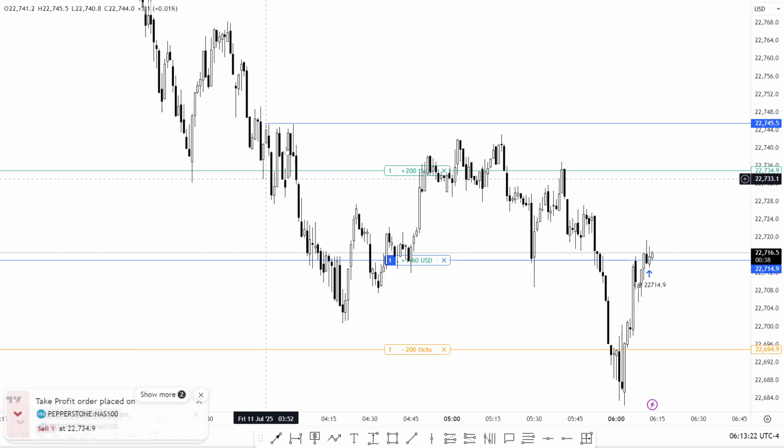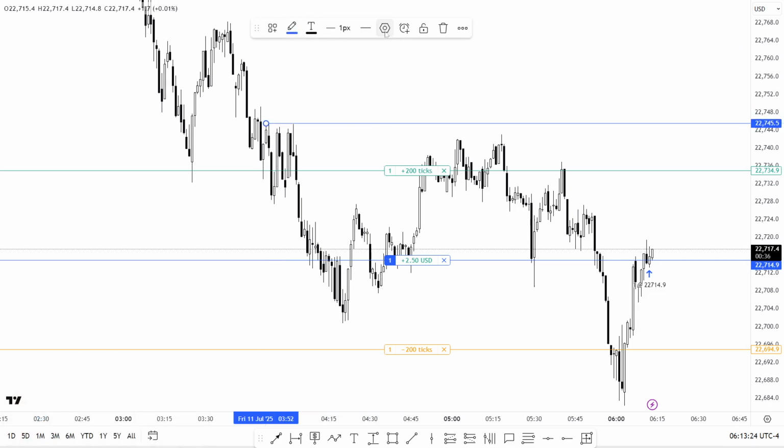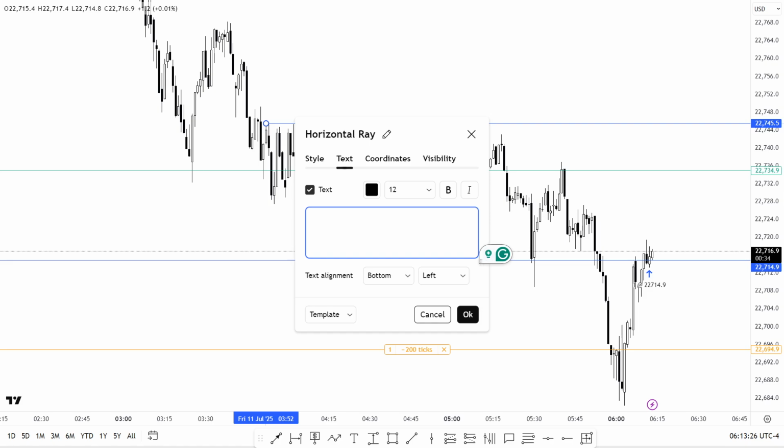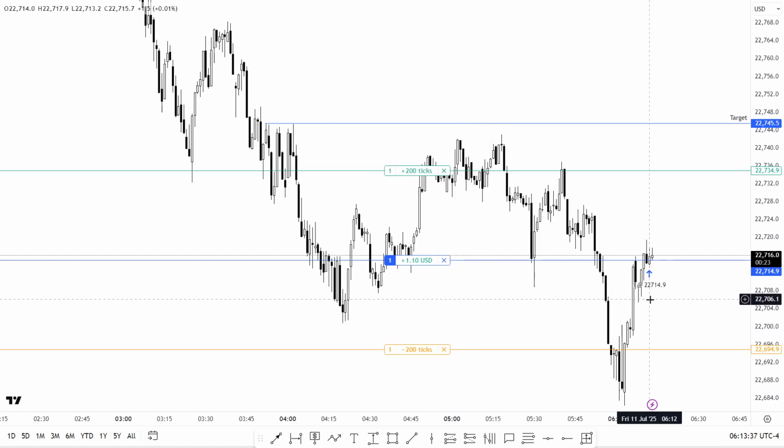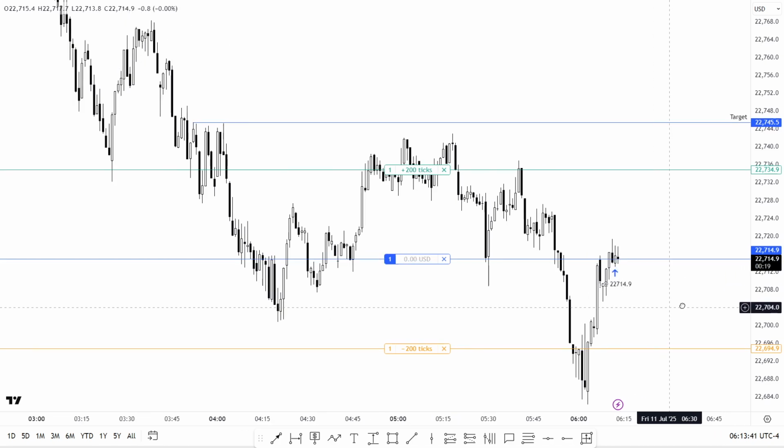So we are looking for the market to gravitate to these relative equal highs right here. This will be our target, and I'll explain the thought process behind our execution. Let's do it on the right, and we entered on time at 0612, expecting that to perform the function of a swing low.